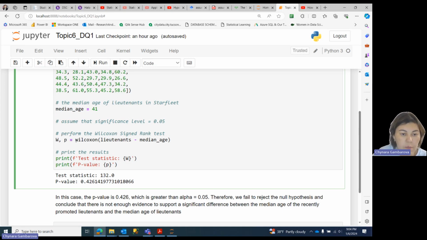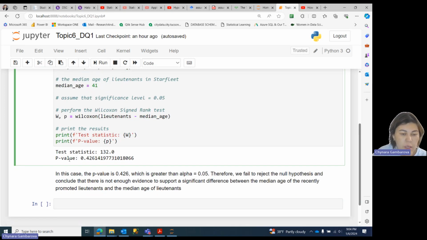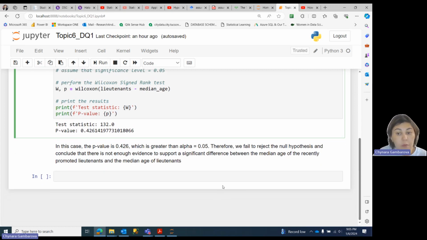Here we are performing the Wilcoxon function, and as you can see, we have a p-value. The p-value is 0.4. In this case, the p-value is greater than the significance level alpha. Therefore, we fail to reject the null hypothesis and conclude that there is not enough evidence to support a significant difference between the median age of recently promoted lieutenants and the median age of